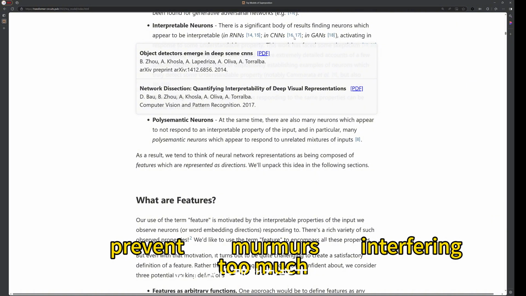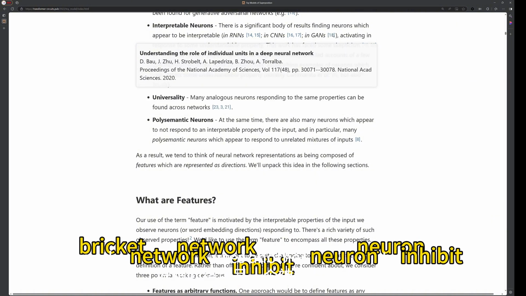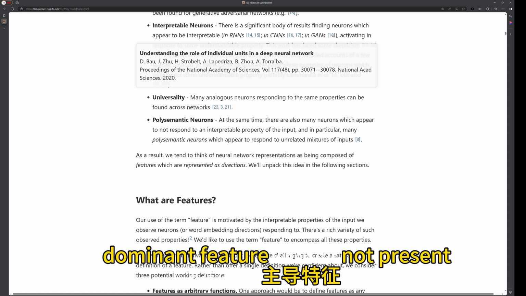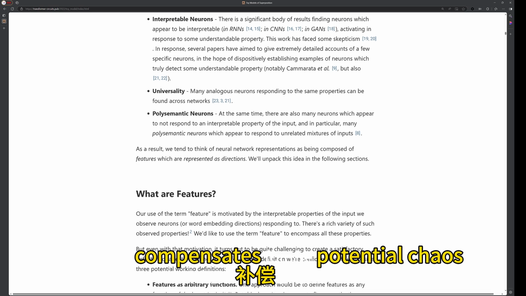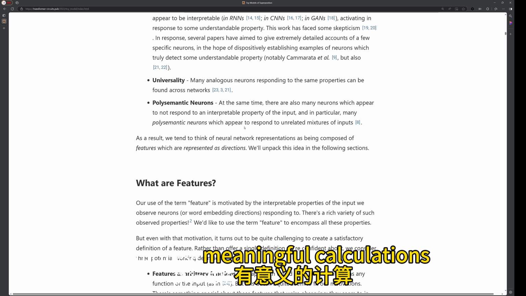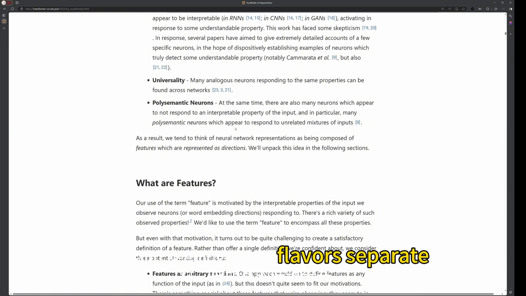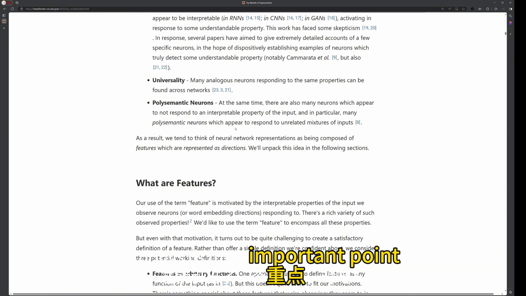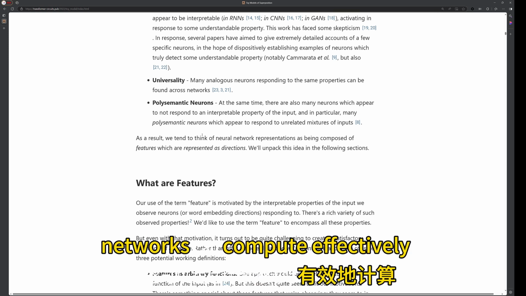And to prevent those murmurs from interfering too much, the network uses another neuron to inhibit the dominant feature when it's not present. Wow. So it compensates for the potential chaos. It's amazing how it can do that, perform these meaningful calculations. It's like a chef juggling all these different dishes at once and keeping all the flavors separate. Exactly. So this brings us to an important point. If this is so prevalent and networks can compute effectively while doing this,